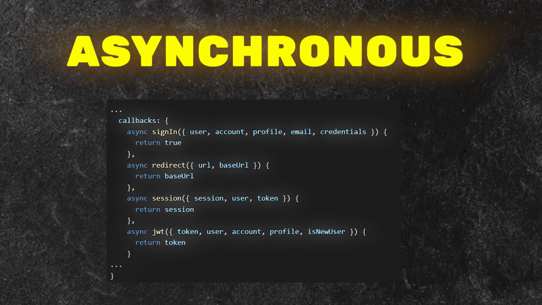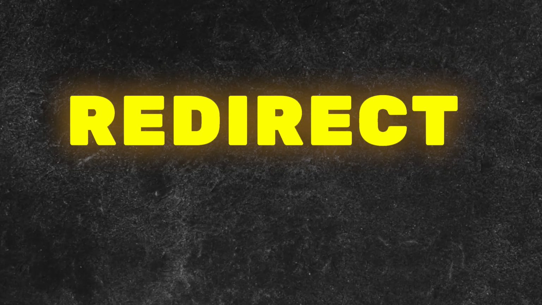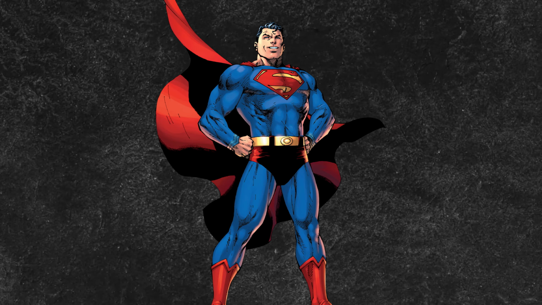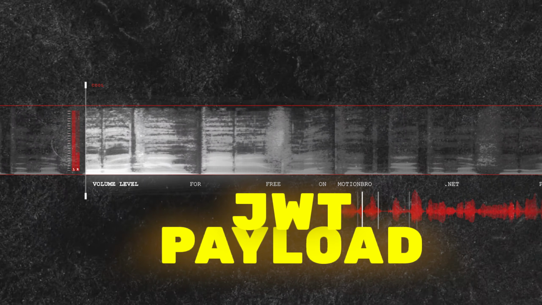In this video, we are going to go over callbacks, which are asynchronous functions you can use to control what happens when an action is performed. The 4 callbacks we are going to go over are the SignIn, redirect, JWT, and session callback. The JWT and session callback are super powerful, and in this case, you can add data to your session object whenever a session is checked by passing it through a JWT payload, which I'm going to show you in this